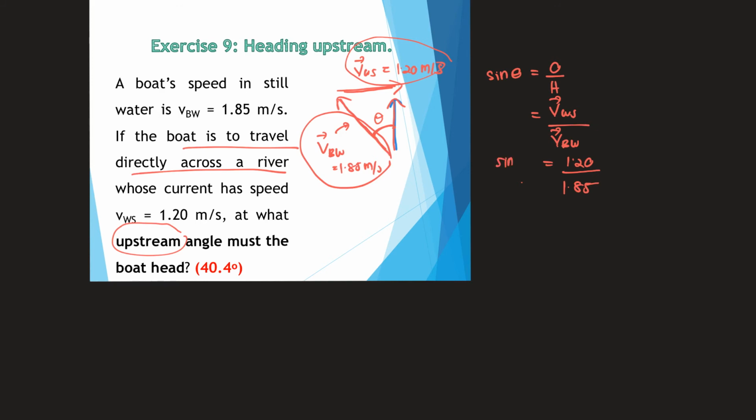Okay, sine tangent shift sine, you are going to get 1.20 divided by 1.85. So the answer is 40.4 degrees. Make sure that you draw it first, because the one that you denoted as VBW can be the hypotenuse, the adjacent, or the opposite. So read the question carefully and then